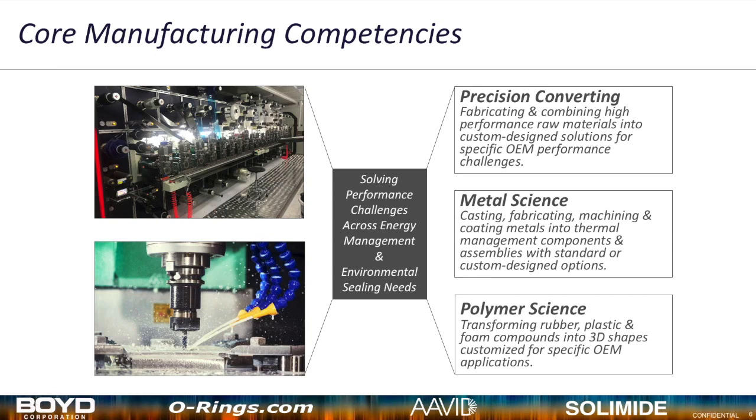The other one is what we call metal science, or this is where I would bucket in the whole AVID product line, where we're casting, fabricating, machining, and coating metals into thermal management components and assemblies with standard or custom design options. And then the third one, which is the major